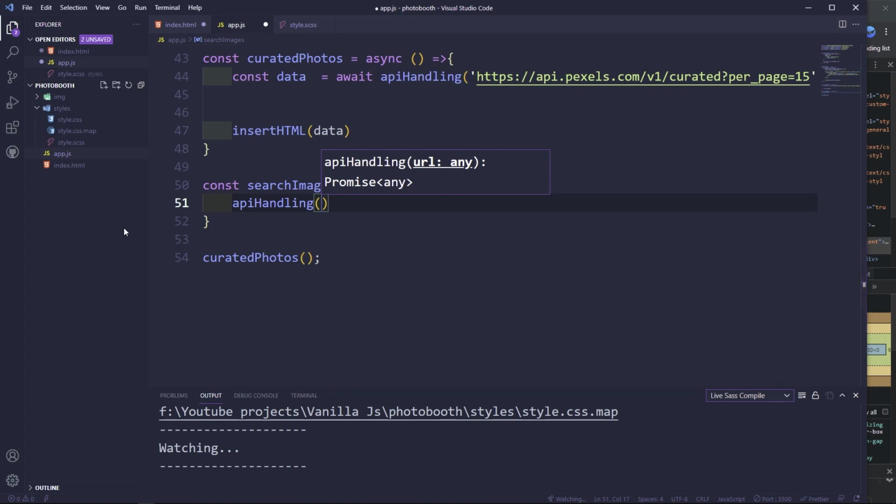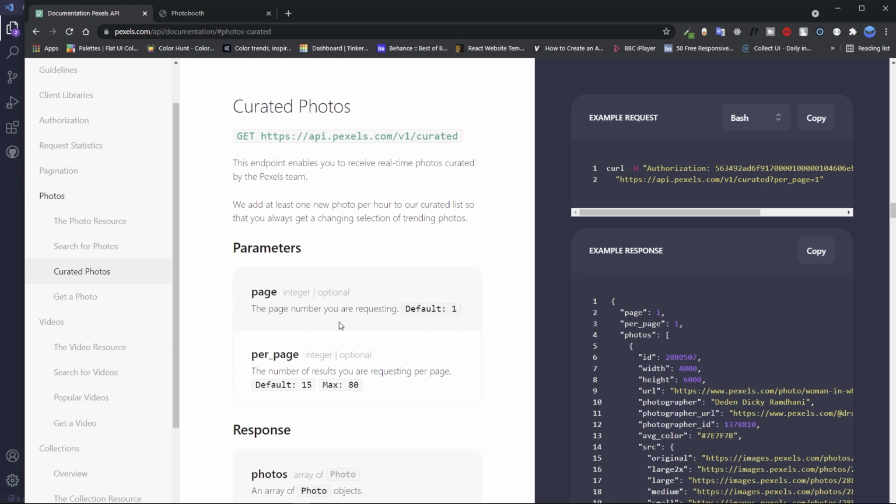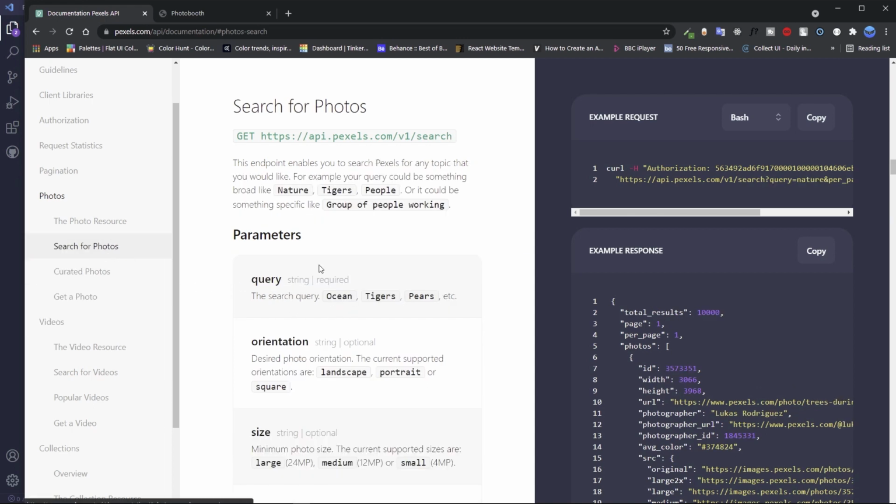So the URL, I'm struggling to say this, that we're going to use for this one, so it's going to be different from the one that we used before. Okay, so for this one we're going to use a different URL. So let's go to the Pexels. We need to find search for photos. Okay, so there it is. I'll copy this